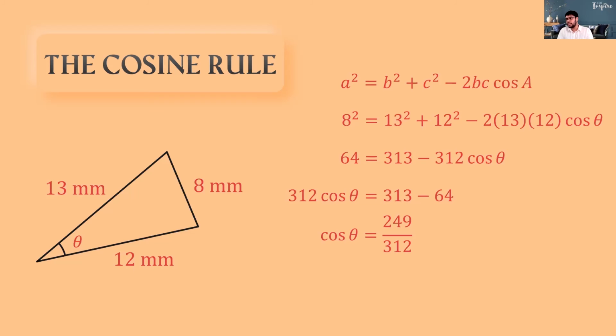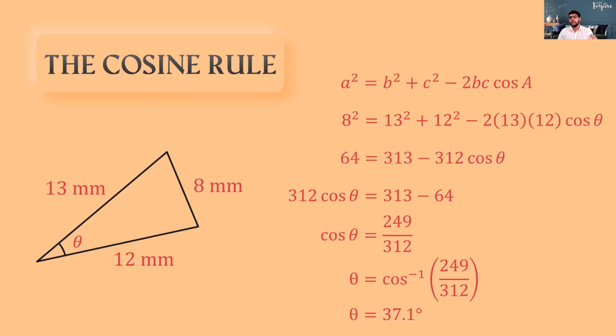So this is all algebra children, right? I'm going through this fast because you all already know how to do this. So now children, you all know what the next step is. To get theta, you have to take cos inverse. So all of you take this and tell me theta is equal to cos inverse 249 over 312. Tell me the angle you get to one decimal place. Yes, that is correct, right? The answer is 37.1 degrees, right? Correct. Very good. The answer is theta is 37.1.